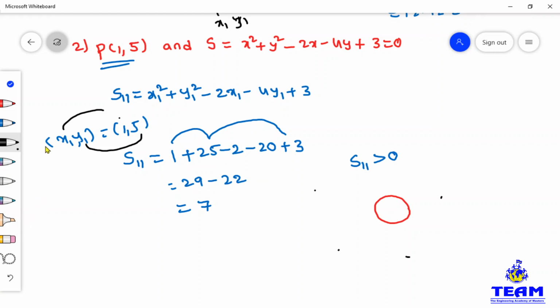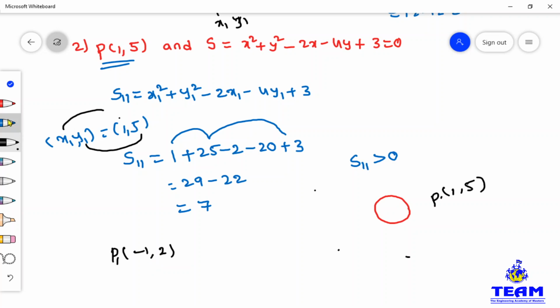Okay, friends. Now let us consider the point P is a point minus 1 comma 2. Then what will happen? You see, same circle, friends, this circle only. Here, if you consider P is a point 1 comma 5 is here. Now another point P1, let it be P1 minus 1 comma 2. Then find out the position of the point with respect to the circle.